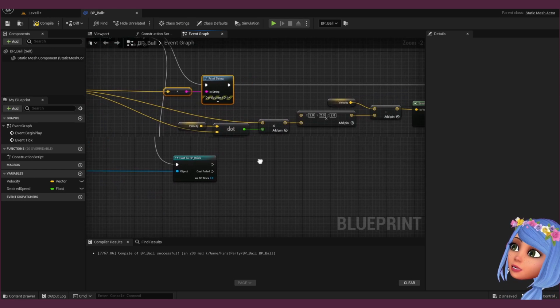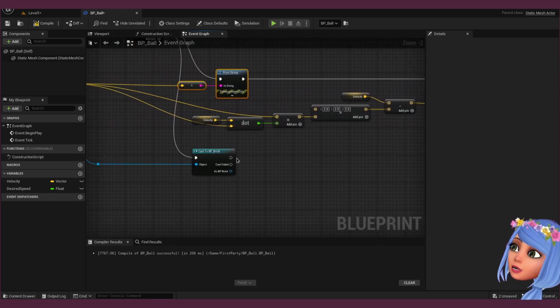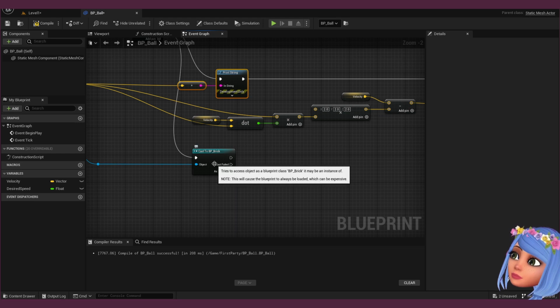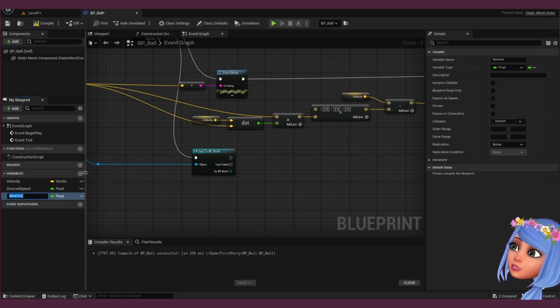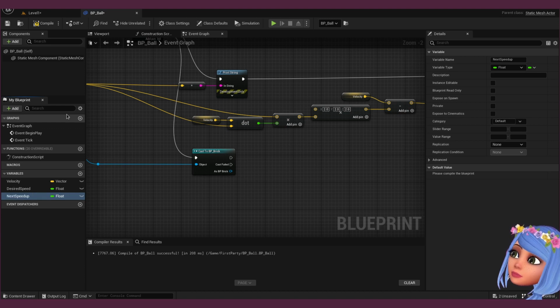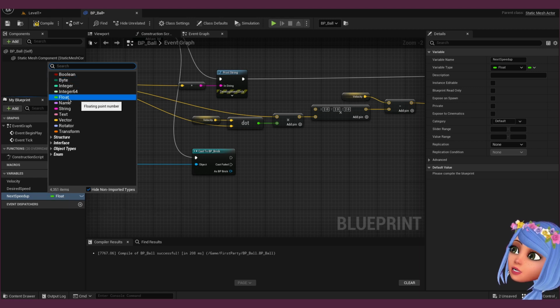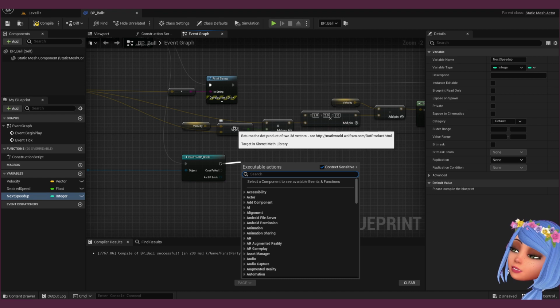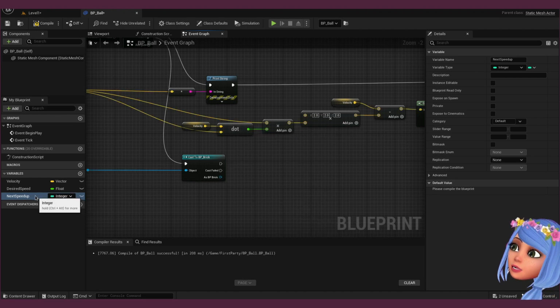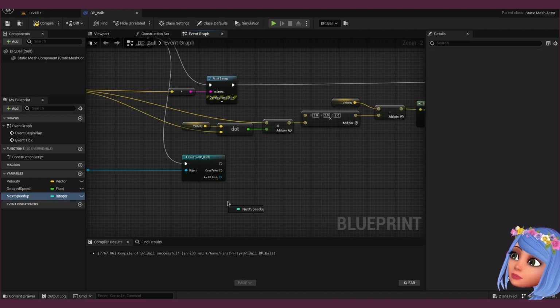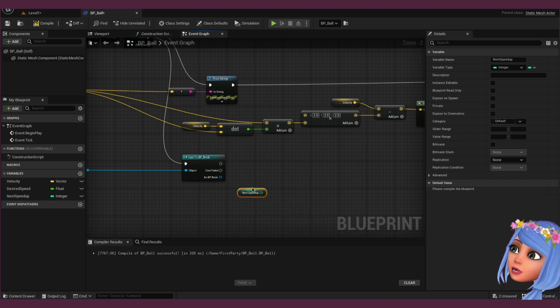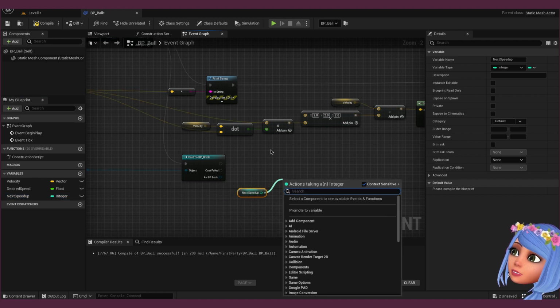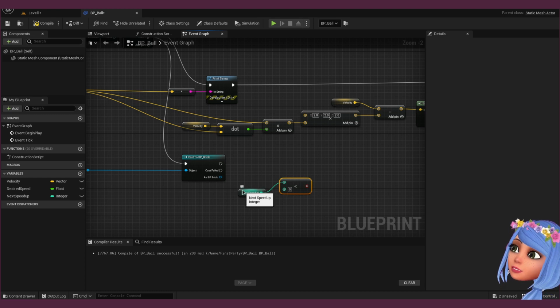Okay, cast to Blueprint brick, and so let's add another variable. It's going to be next speed up, and let's make it an integer. So if we hit the brick, we will take the next speed up, and if it's less than 0,